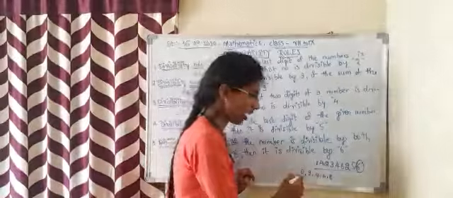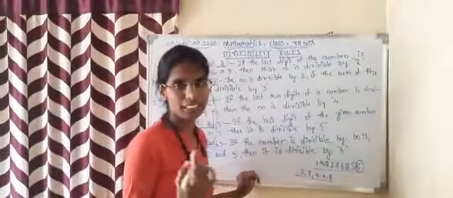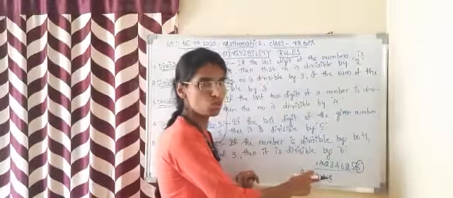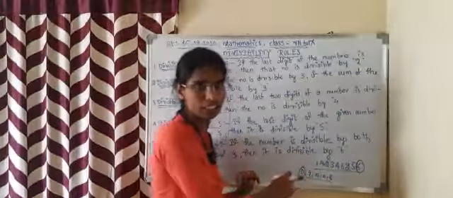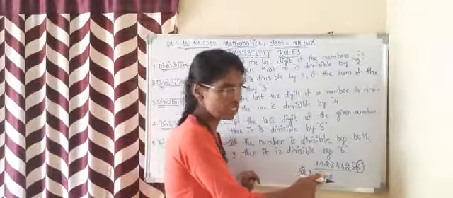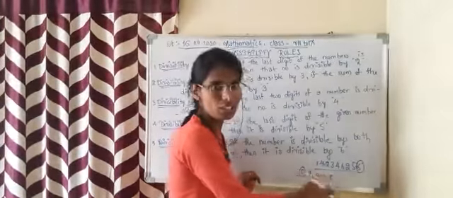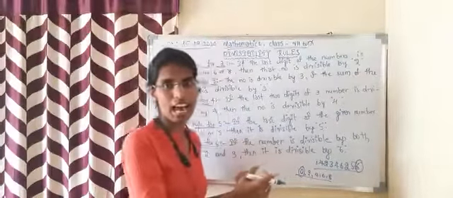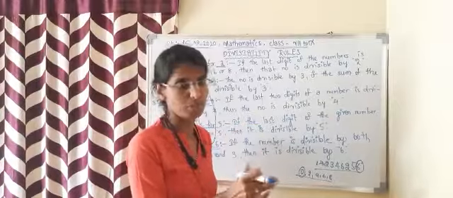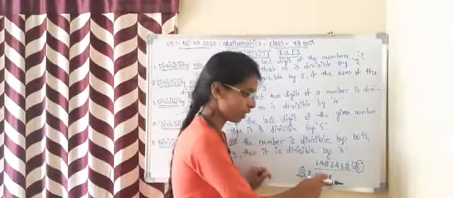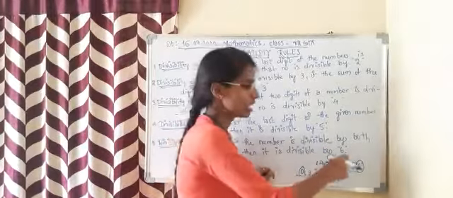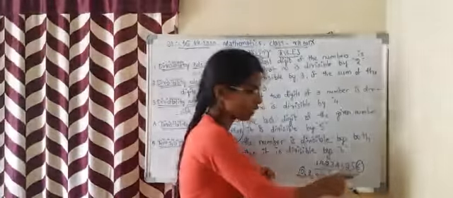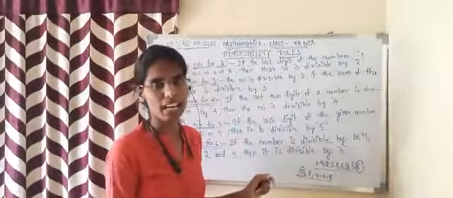Because as we know, in the 2 table we get the same thing. 2 1s are 2, 2 2s are 4, 2 3s are 6, 2 4s are 8, 2 5s are 10. That means 0 again. 2 6s are 12, 2 7s are 14, 2 8s are 16, 2 9s are 18, 2 10s are 20. That means the last digits in the 2 table are only 5 digits. If any number ends with these 5 digits, then that number will be exactly divisible